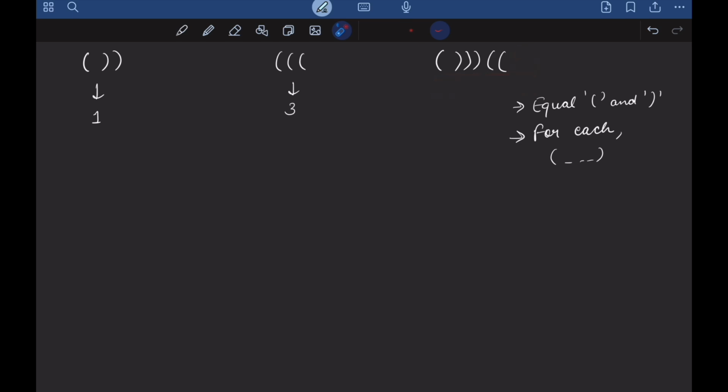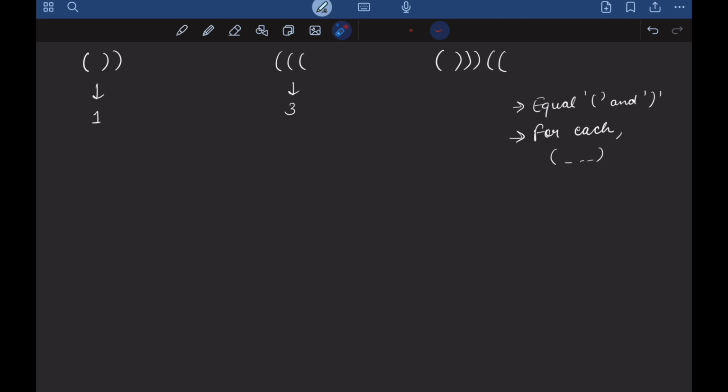But if you have applied this approach of open minus close, then what would be your answer? How many open brackets are here? 1, 2, and 3. And how many closing brackets are there? 1, 2, and 3. So in that case, your answer would have been 0. But the actual answer is 4. So we need to see for both the conditions, right? So what you will do, you will start from the starting, right? And you will check how many open brackets do I have